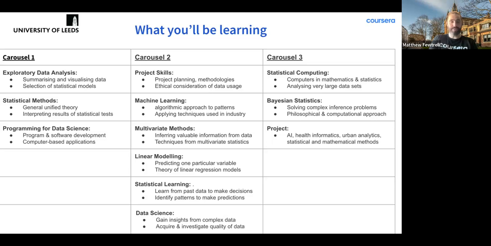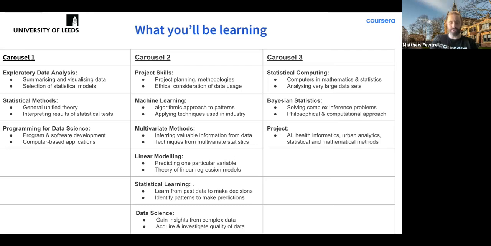Statistical learning is the second to last module, where you'll look at stock markets to automated vehicles. Statistical learning is the heart of modern life. You'll learn the fundamental concepts of statistical learning and use several key statistical models widely employed in research and data industries. And then finally, in the intermediate carousel, you'll look at data science, and you'll look at a wide range of fields of application. This module gives an insight into some general principles of the work of a data scientist and some of the underpinnings of artificial intelligence and statistics in the practice of data science.